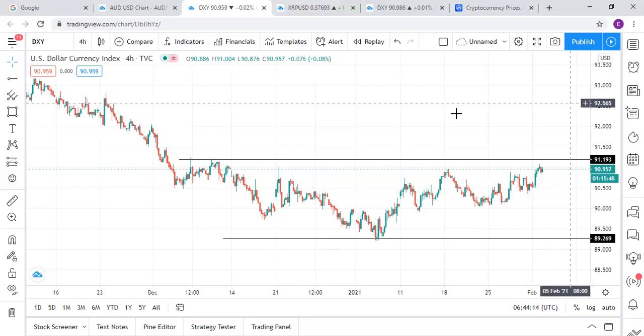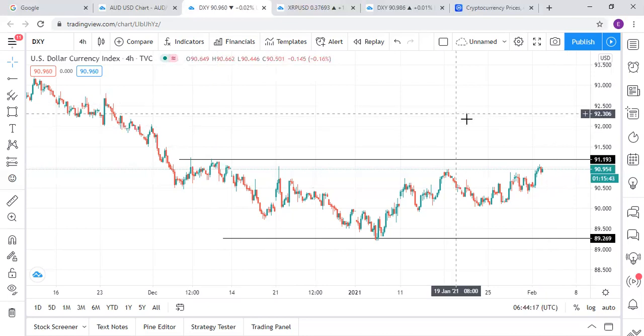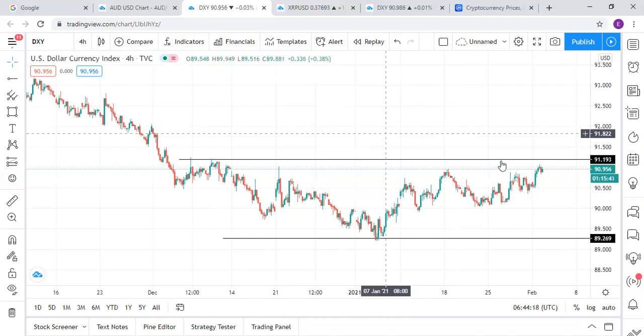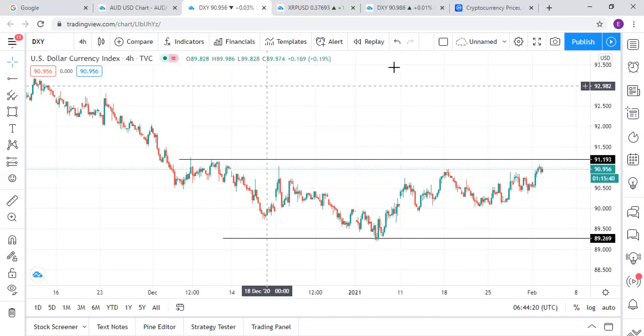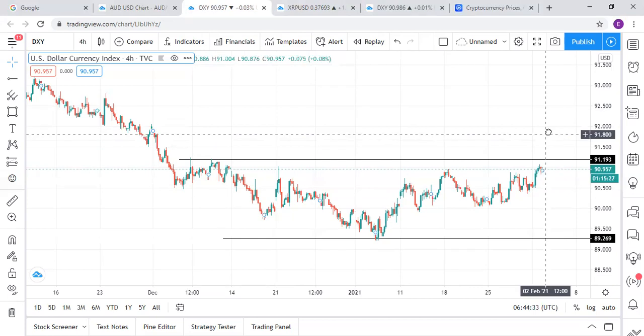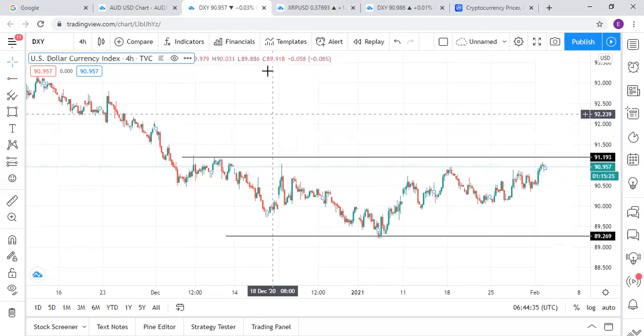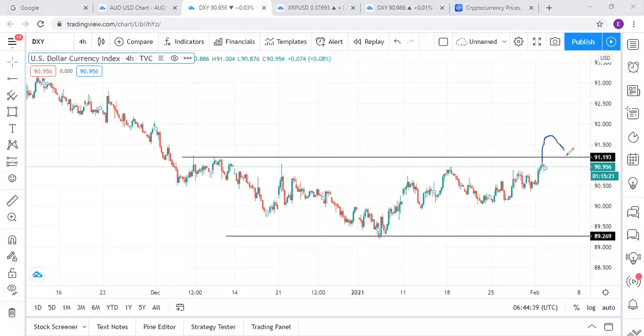If we can have that, then automatically the first scenario I painted on the Euro USD is definitely going to happen for the next few days, or let me say few weeks. If you can have something like this,